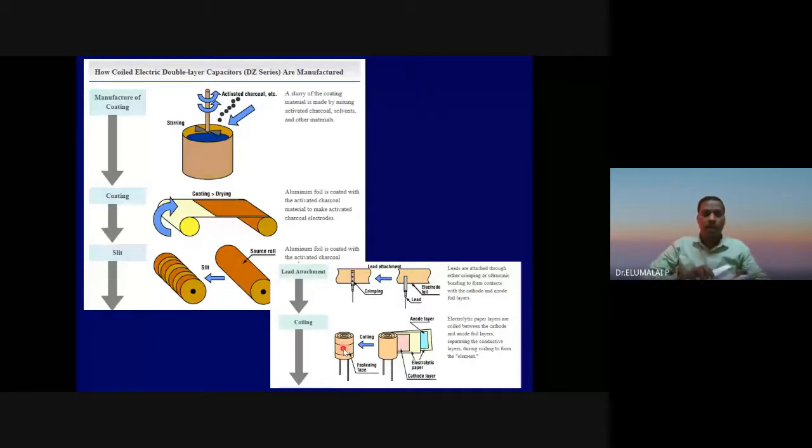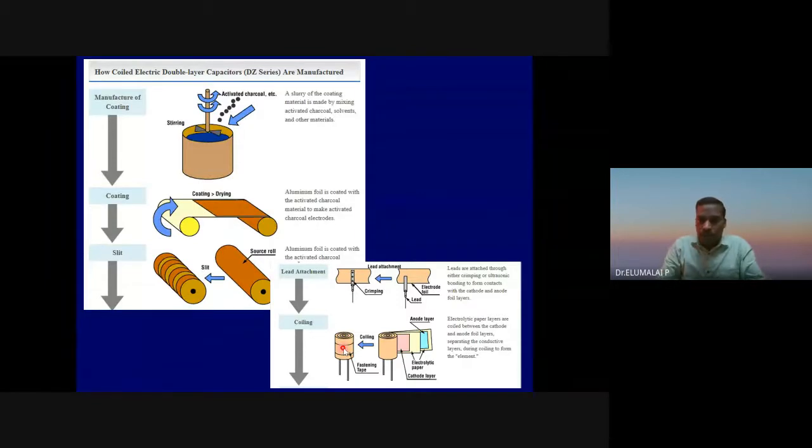But the advantage of the cylindrical type capacitor is you can have one A4 sheet. The width is less, depending on the size, but you can roll one A4 sheet length. That much area you can have, and that much active material you can put in.